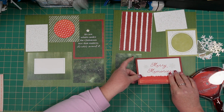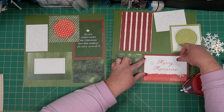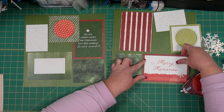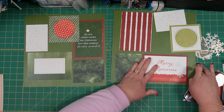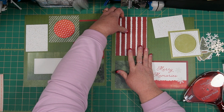So then we're going to add this one in about 1/8 of an inch over, 1/4 of an inch up from the bottom. That's a kind of a generous 1/4 of an inch, Kim. Let me scooch that down just a skosh. Okay, there we go, just like that. Okay, then this piece,